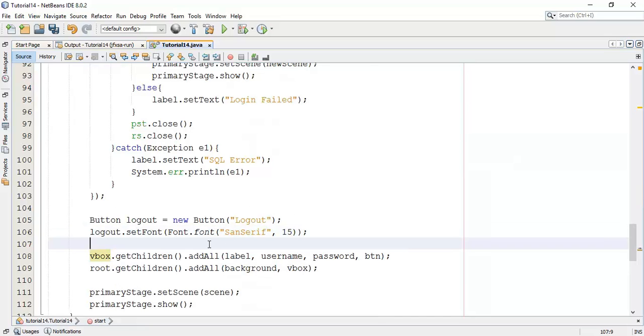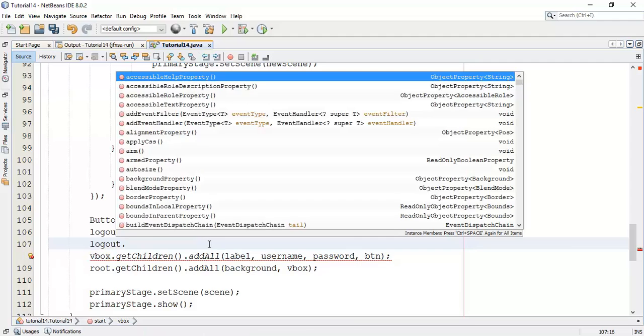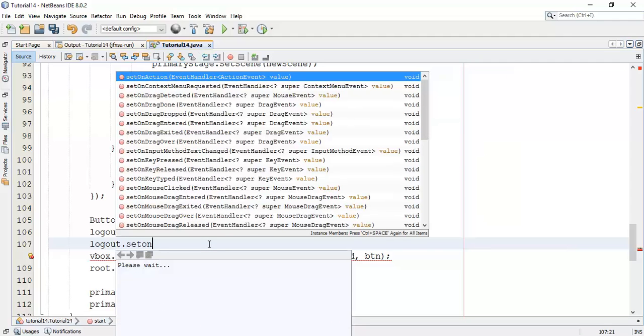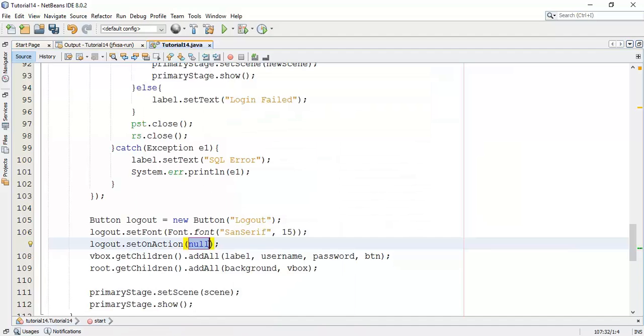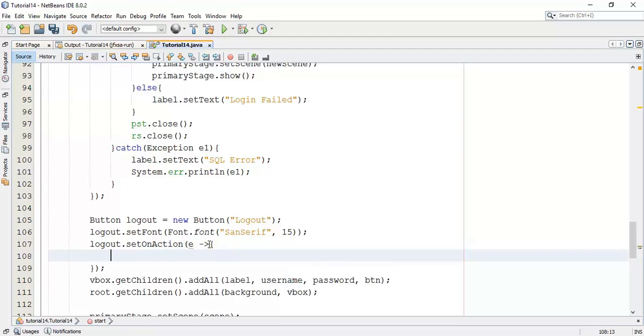Now next I'm going to set the on action method to switch the scene from the logout scene, that is the border pane scene, to our main scene. So next logout dot set on action, and I'm going to use a lambda expression. Here I'm going to switch from the second scene to the first scene.